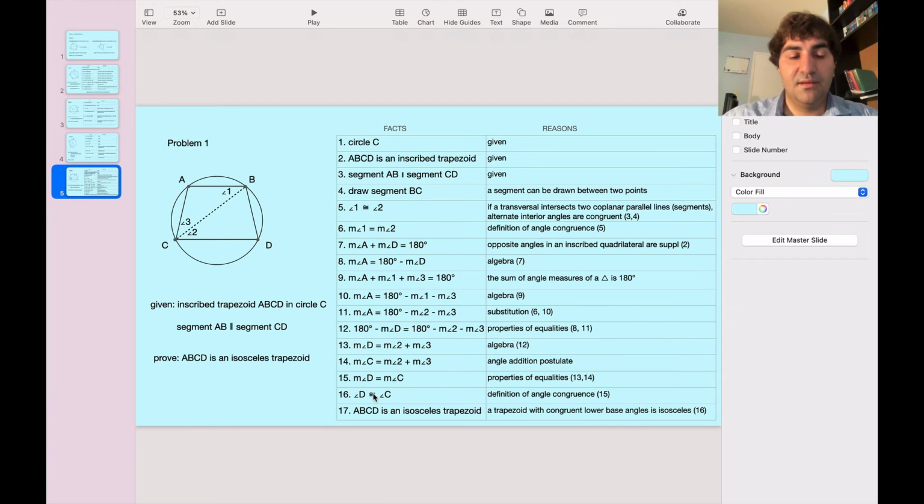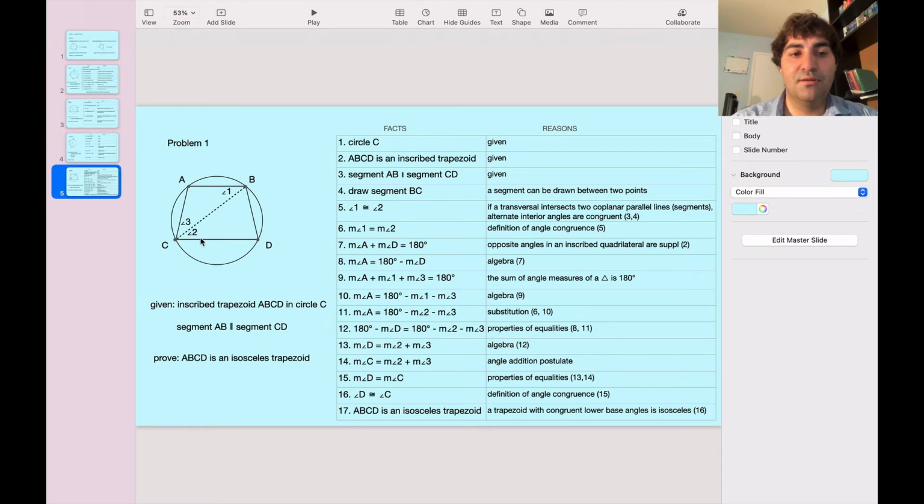So this is going to be the last problem we're going to do for this video. We're given an inscribed trapezoid ABCD in a circle C, and we're given segment AB is parallel to segment CD. Prove that ABCD is an isosceles trapezoid. So I write down what we know, and I'm going to draw a segment BC. We can draw a segment between 2 points. Angle 1 is congruent to angle 2. So why is that? Because we know that